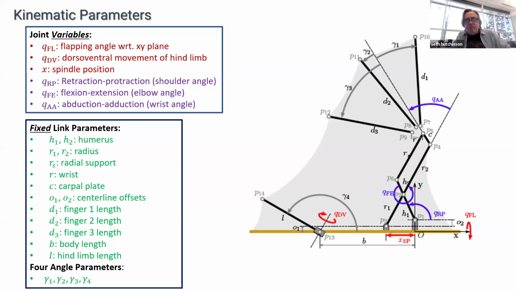And you have three kinds of things. You have degrees of freedom that are actuated, meaning they're connected to motors. There are three of those. They're shown in red. You have 3 degrees of freedom that are not actuated, that respond passively to the other degrees of freedom. And then you have a lot of fixed kinematic parameters, which are very similar to the parameters that you would use in a Denavit-Hartenberg representation, right? So these are very similar to the DH parameters if this were a robot arm instead of a robot bat. So there are a lot of parameters here.